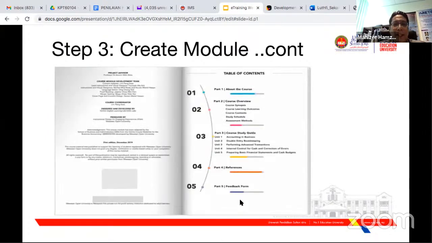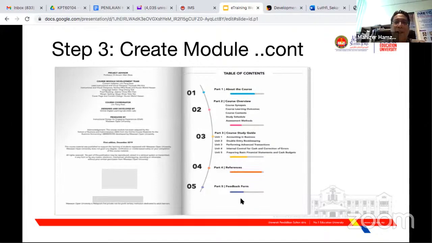I'll show you a few examples. This is a book, but the book is converted. It is a hard copy module but converted into PDF format, so they can share it easily, compared with having to print it, which can cost a lot of money. Printing one book can cost a lot. I don't know about Indonesia, but in Malaysia it is quite high, especially using quality paper.